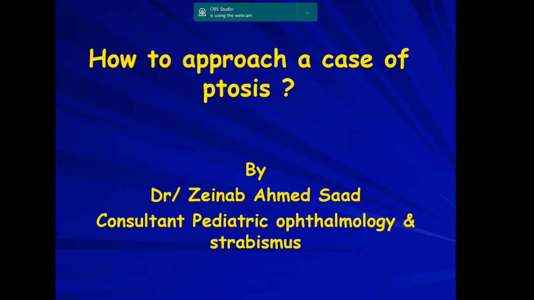I'd like to discuss with you how to approach a case of ptosis, and I'd like to simplify it for young ophthalmologists. Ptosis has been discussed in many books and classified into congenital, acquired, myogenic, neurogenic, mechanical, and involutional. But how to evaluate a case of ptosis coming to your clinic? What to do? In order to simplify it for you, I made it a rule of three,